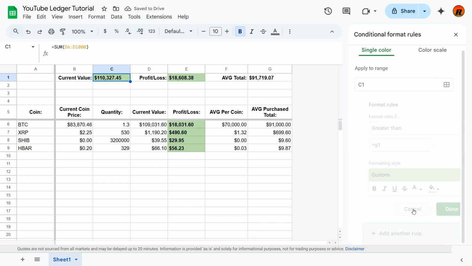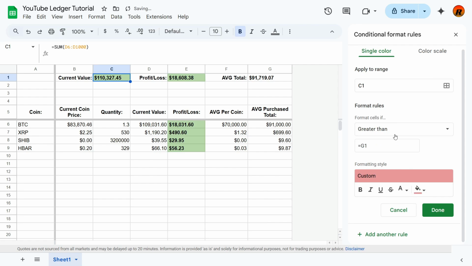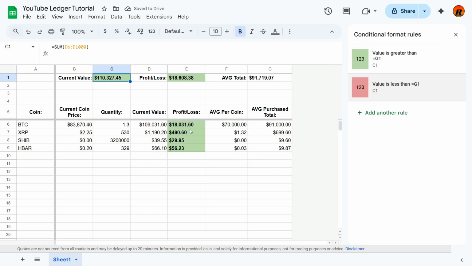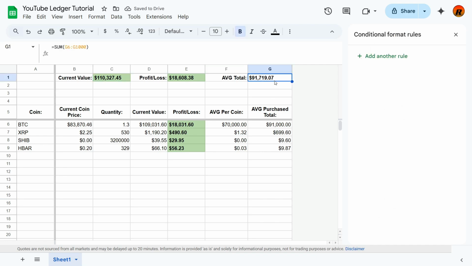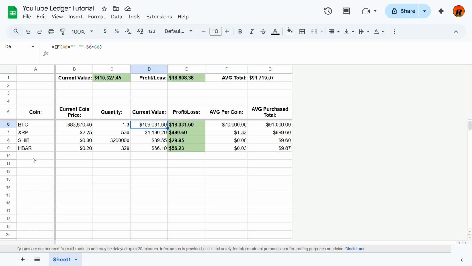We'll do add another rule. We'll go red, and then we'll go less than G1. So basically, if this total drops below that, then you know that you're in the red. This is going to reflect it too. It's going to be a negative number. But now we're going to see what it looks like if